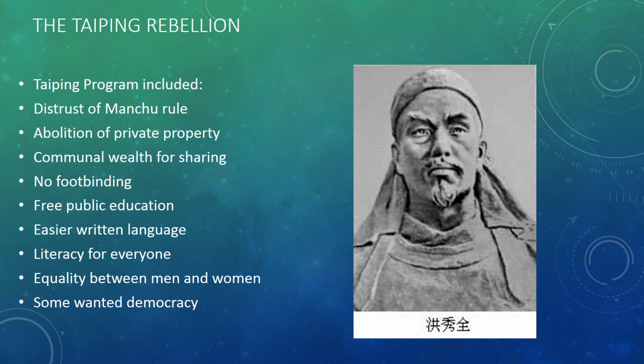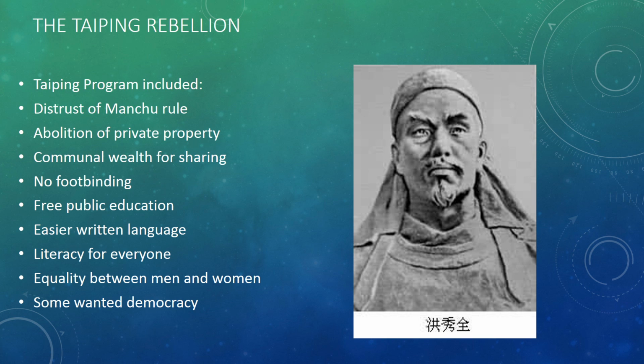And then we have our Taiping Rebellion. Now, the Taiping had a program happening in China during the discussion period where they had a lot of distrust of the Manchus that were there previously. There was a lot of talk of abolition of private property and a kind of communal wealth for sharing. They had gotten rid of the practice of foot binding and instituted other things that were going to help make